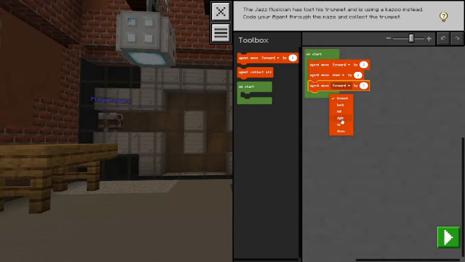So we're going to move forward 2, then we move up 1,